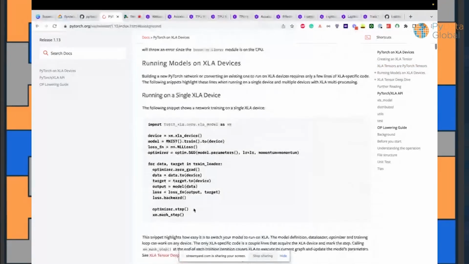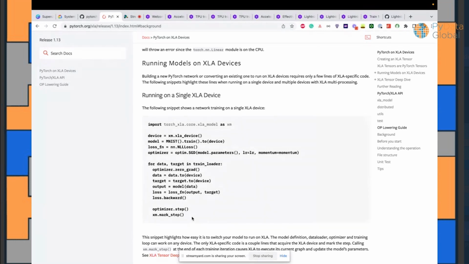So how do you do a simple training? Imagine a TPU chip. One TPU chip has 8 cores. When you train on one single TPU core, you don't need to do distributed training. But if you're training on 8 TPU cores, you need some kind of strategy to train on it. This is a simple